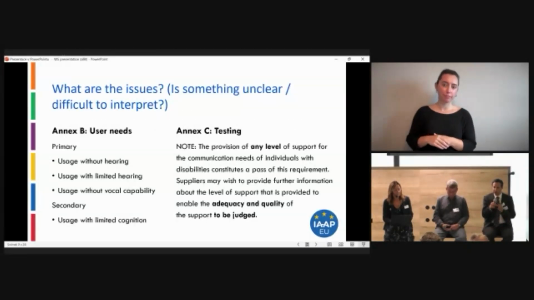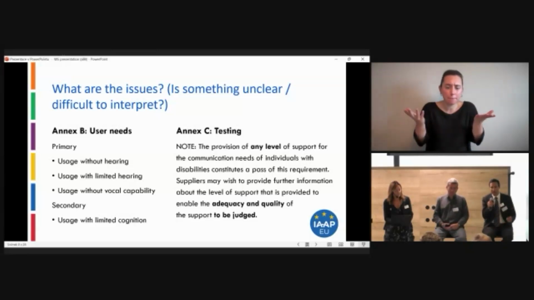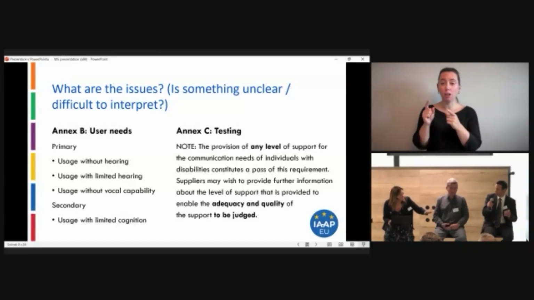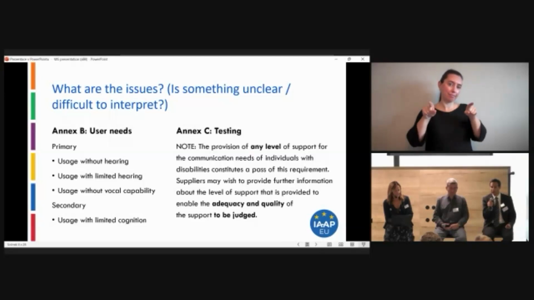So, what are the issues we are having? Because the definition is quite clear and I think there's no problem there. But when it comes to the list of user needs or the testing in Annex C, it does present the same thing already in a limited way. And we say it shouldn't be limited. As I said, support service should be available for everybody.